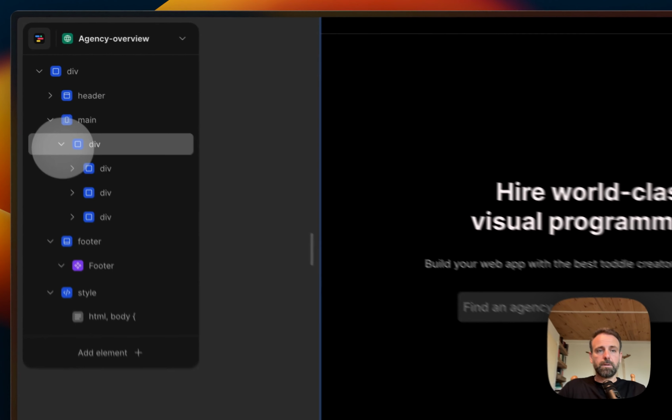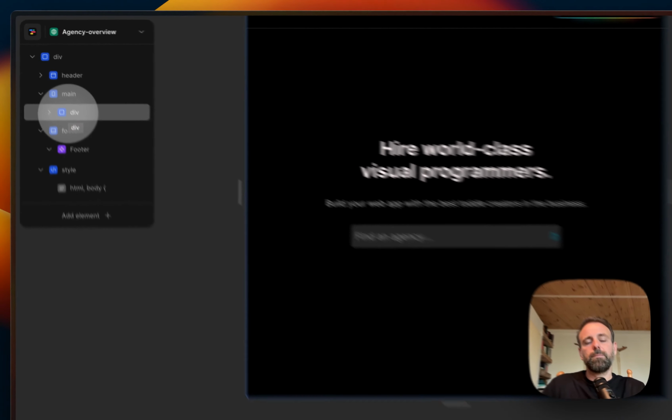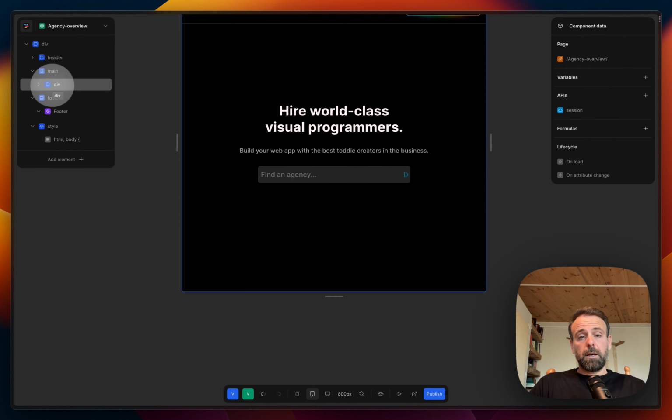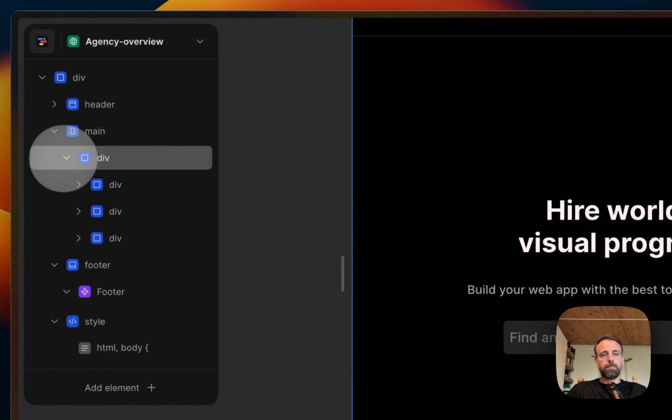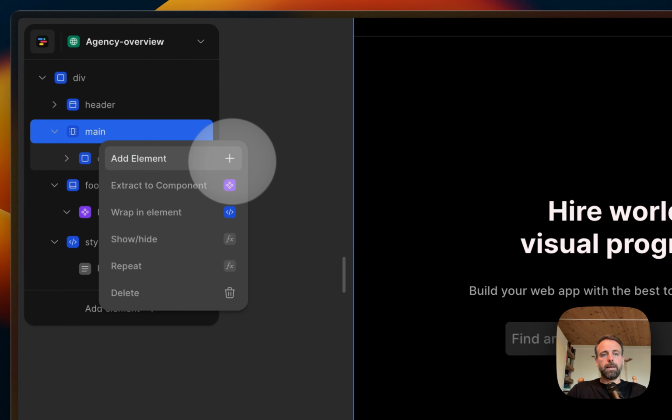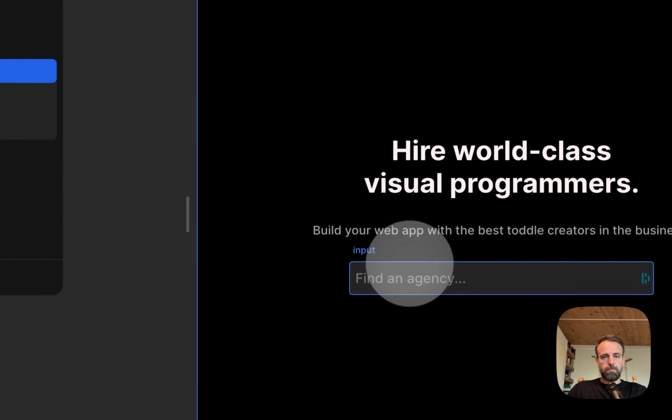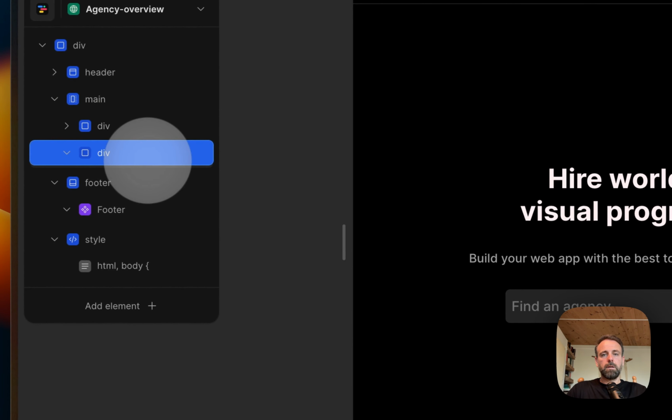And we can roll that down and say, okay, this is the header. Because the next thing I want to build is a section where you have a left hand menu, and on the right hand you have a grid system where we can highlight different badges for different agencies. So what we're going to do now is click on main, and then add an additional div. Boom. So now this div down here,